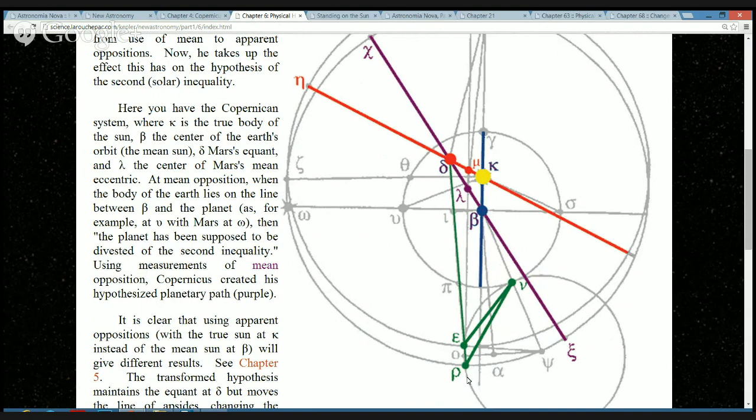This means that Kepler has shown that when the Earth is watching, there's a huge difference between a model based on the mean sun and one based on the apparent sun. The point of that meaning, we can actually decide which one's right. 2 degrees is a very big difference, and that's one that's decidable in astronomy.